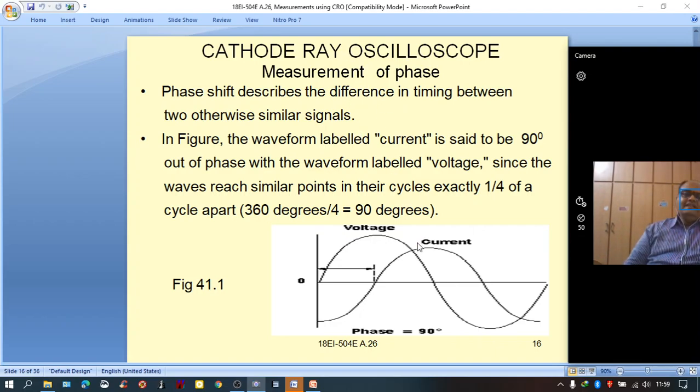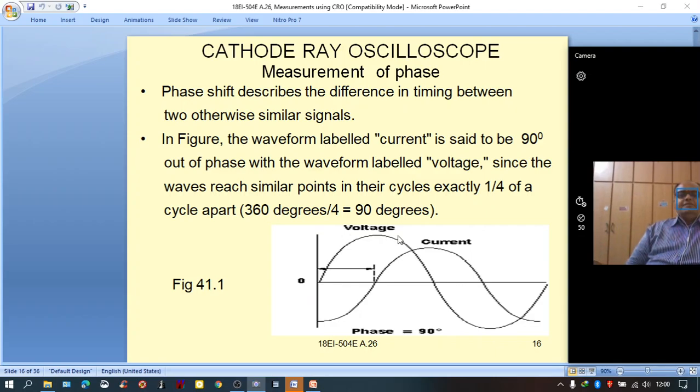So amplitude can change, but phase also may change when the input is applied through inductive or capacitive or a combination of inductance, resistance, or inductance, capacitance. So for all these combinations, you can have both magnitude and phase angle changes, but there should not be a variation in frequency. Only in such cases we do phase measurement.